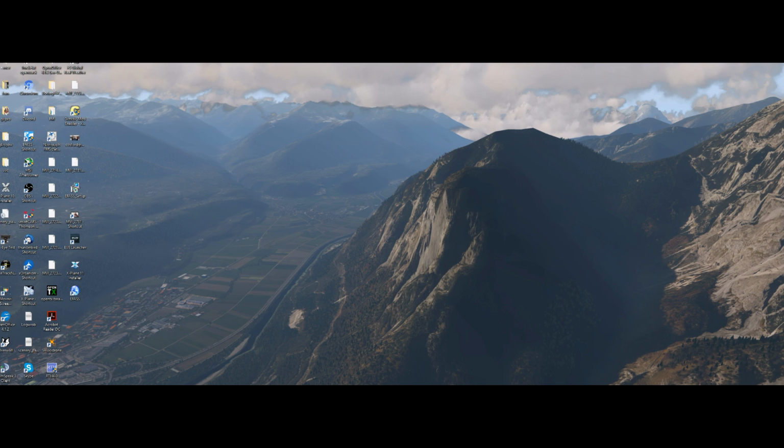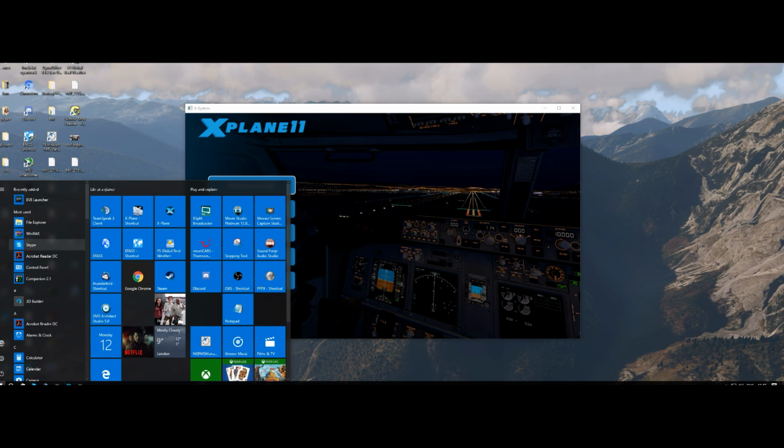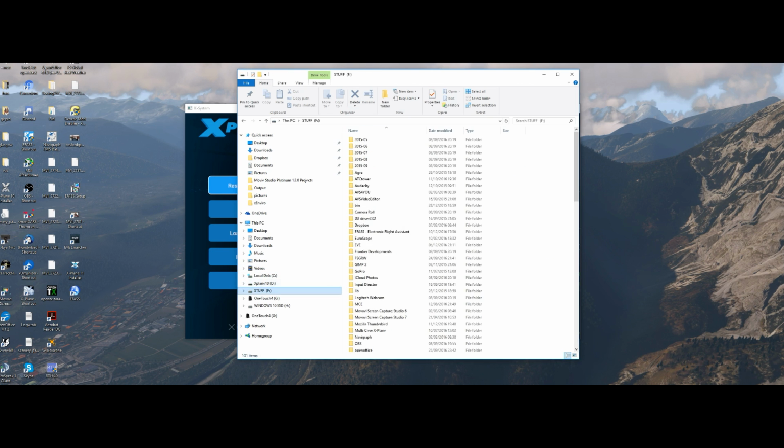So Xplane11 is loaded up here, and this is your main screen, as you're well aware if you've seen it. If you've looked at my first impressions video, this is the first screen. Okay, I'm still not sure about this splash screen, but I'm pretty sure that we can change that at some point or another if we so wish. Anyway, the first thing I'm going to do is actually look at the file structure of Xplane11. So even though I've got the Xplane11 open there, we'll open up Xplane11